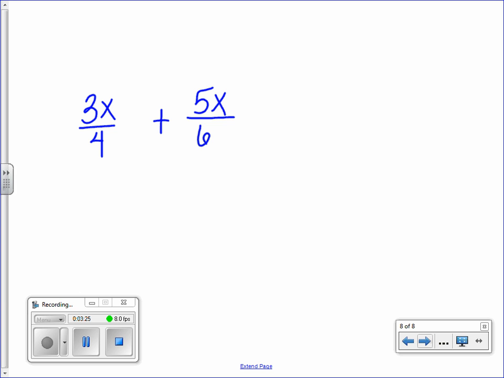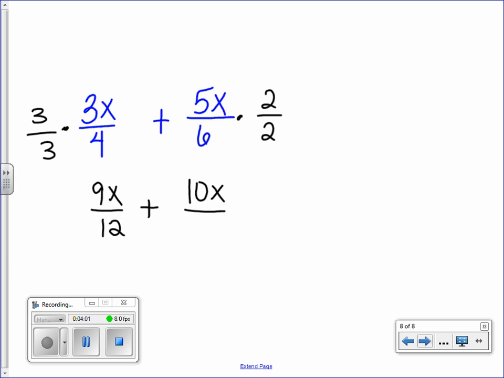What's going to be my common denominator? 12. They both go into 12, right? 12 is the smallest number they both go into. Okay. So, what am I going to multiply this side by? 3/3. And that's going to give me 9x over 12. How about this side? 2. So that's 10x over 12. We got 19 again. 19x